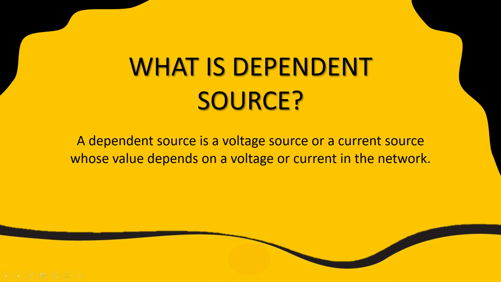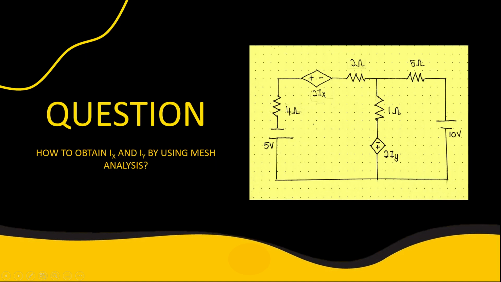The second thing is what is dependent source. A dependent source is a voltage source or a current source whose value depends on a voltage or current in the network. And here is an example of a question that we picked regarding this topic. In this circuit, we need to obtain the value of Ix and Iy by using